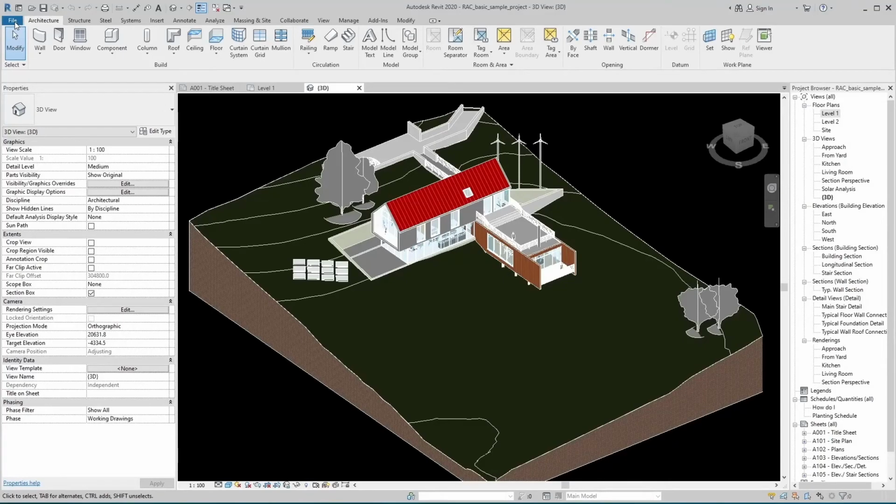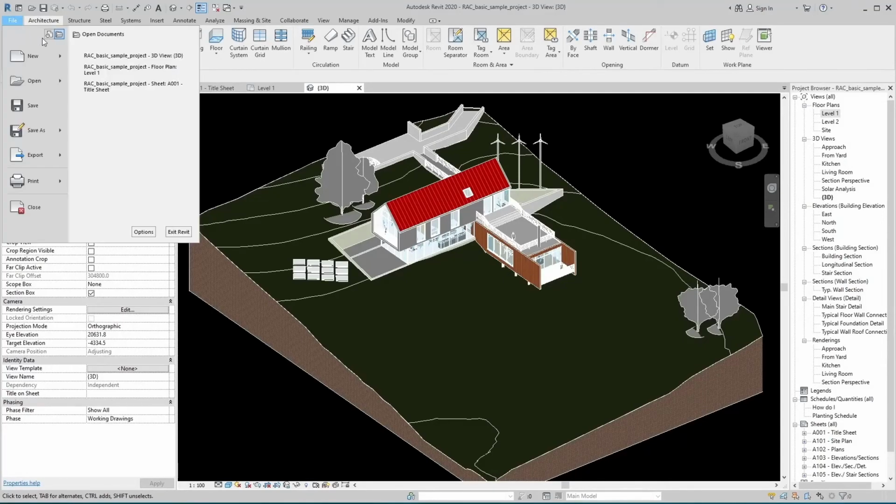There are recent documents in the file drop down. It arranges the model names by latest opened. We can also arrange them by ordered list, access date, size or type. All the open views appear in open documents.